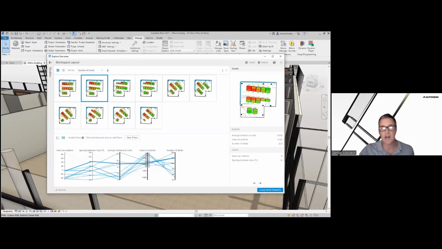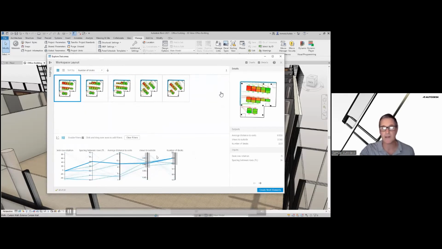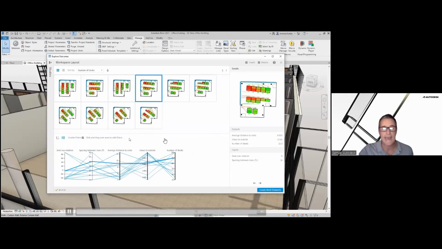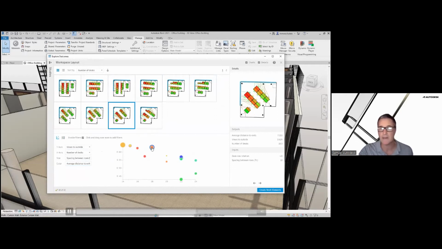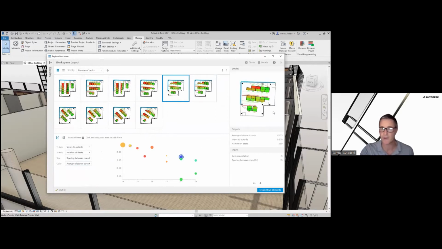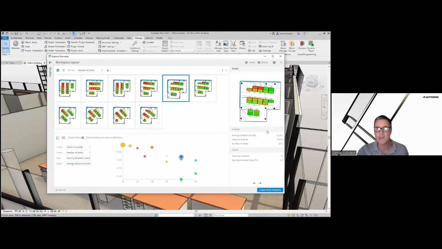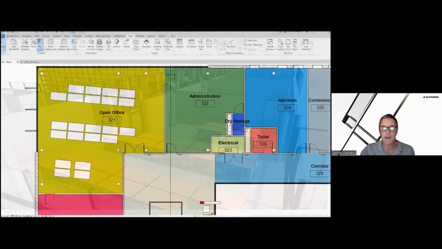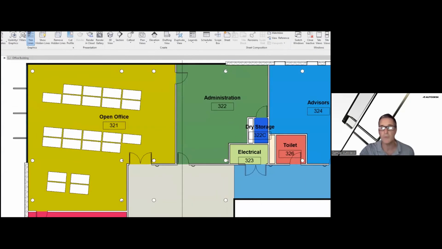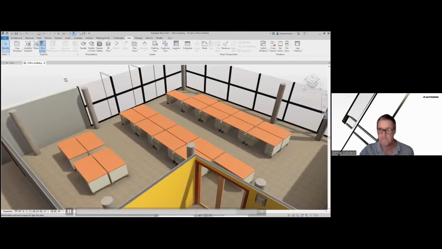All of this can be done very quickly using the design automation tool, and you can start to either work with the different types of filters or the graphical output to see which one is meeting your design criteria. So as we select over those in the graph, we can see the thumbnail of those designs. We create Revit elements, and it goes and lays out those designs in your building information model.